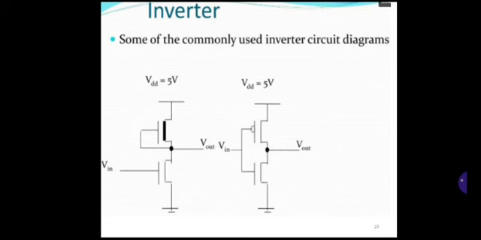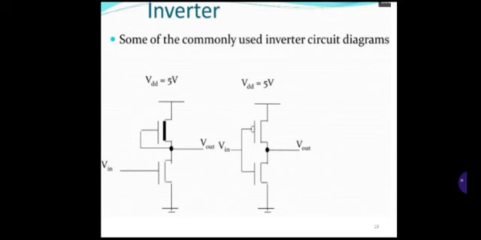we need to remember that for the dot operation, the N transistors are connected in series and P transistors are connected in parallel, that is, for AND operations. For OR operations, that is the plus operation, N transistors are connected in parallel and P transistors are connected in series. Using this logic, we have to draw the logic diagrams or schematics of CMOS circuits.